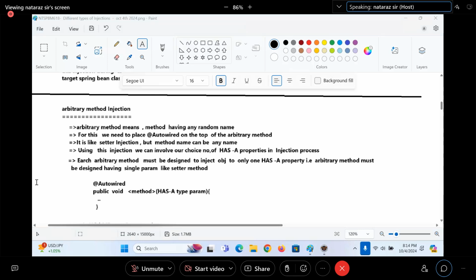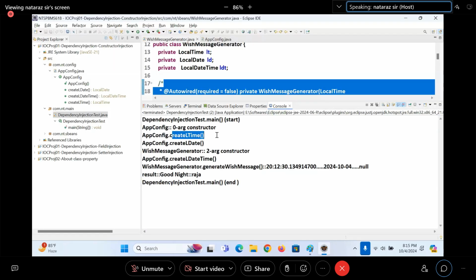Someone asked a question: sir, is there any order between target and dependent? It depends upon what injection you have chosen. In constructor injection, first dependent, then target. Why? While creating the target, dependents are injected, right, boss? In all other injections, first target, then dependent, later they will be assigned. In constructor injection, you see the output: first the time and day, then the message from the constructor.